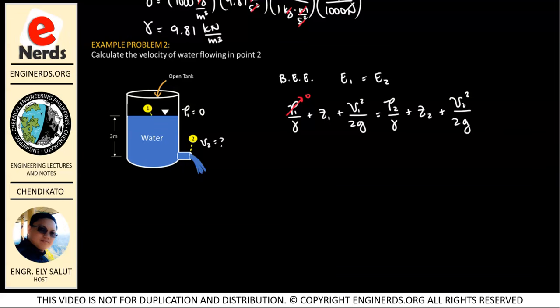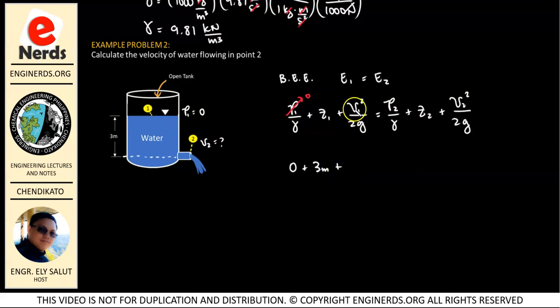Okay, so what is the elevation head at point 1? So, in here, I'm going to use this as our datum line. Okay? Because ito ang ating given relating yung position ng ating point 2 sa point 1. So, that means our point 1 is 3 meters above dito sa ating datum line. So, as I said, it is not always the ground. You can put it below, you can put it above, it's up to you. So, that means our Z1 here is equal to 3 meters. So, we have 0 plus 3 meters